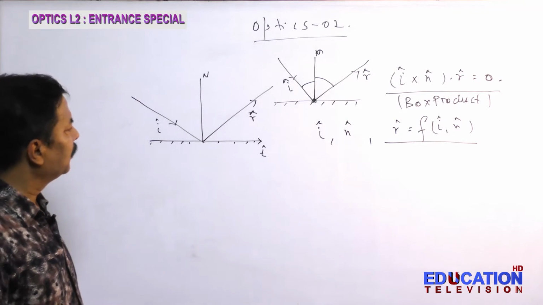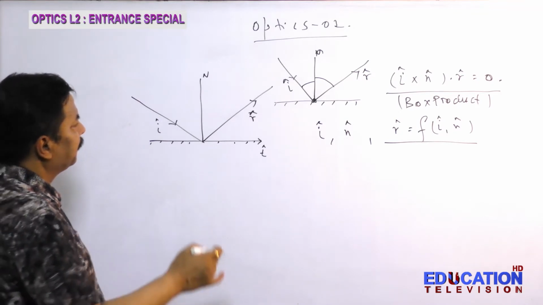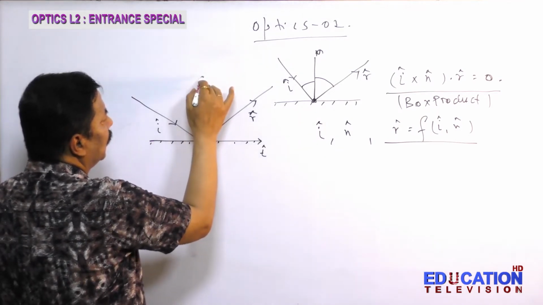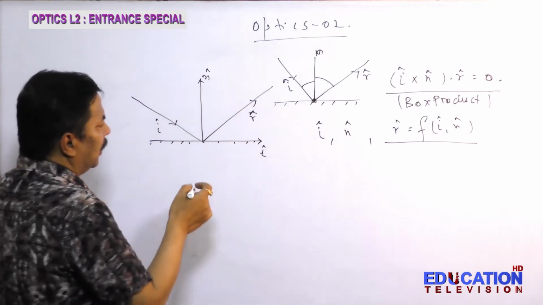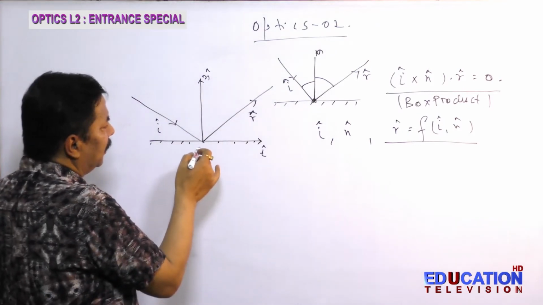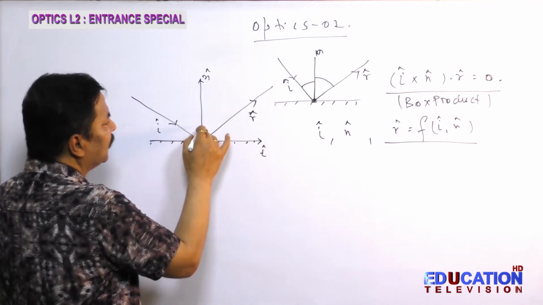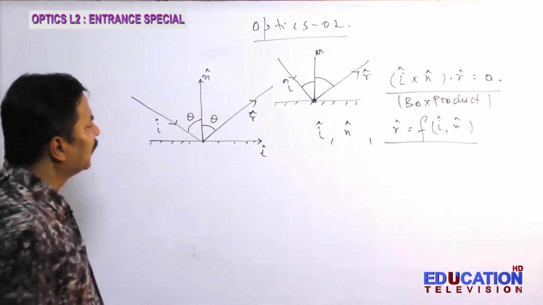Now, if I analyze here, this is the normal direction. If I take this reflected ray, this angle is theta, this angle is theta, then